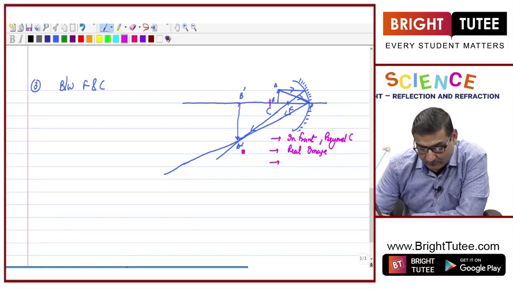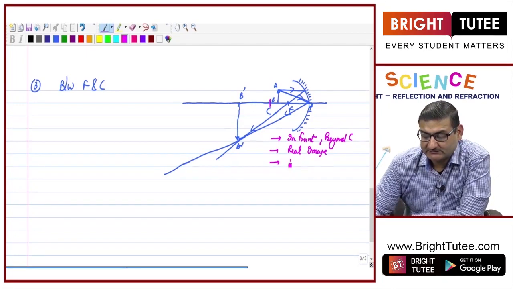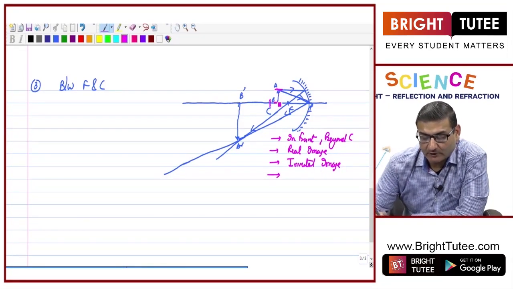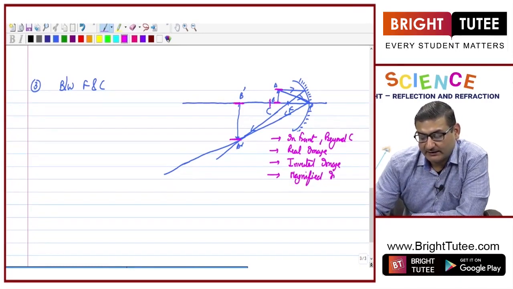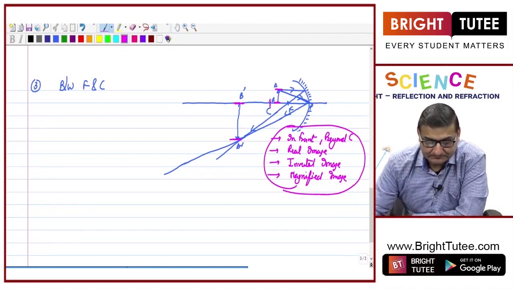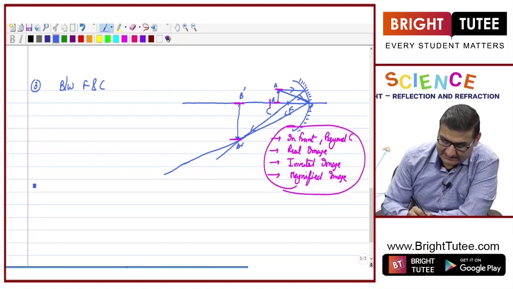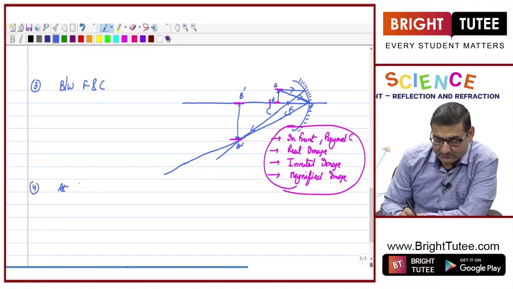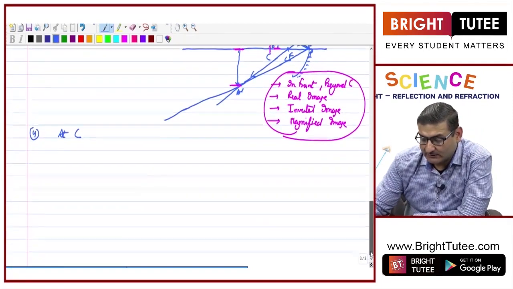Then it is formed below the principal axis, so we say that it is an inverted image. As compared to the size of the object, this is still bigger than it. So, we say that this is a magnified image. So, this is what we observe when the object is placed between F and C. Clear? Taking the next case, when the object is moved a bit backward,